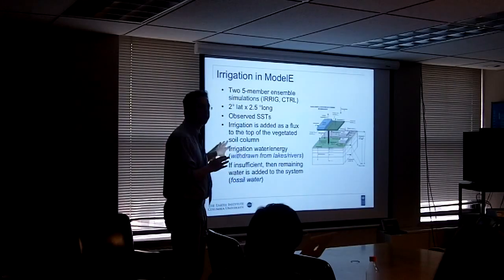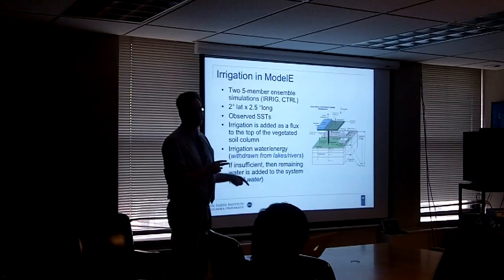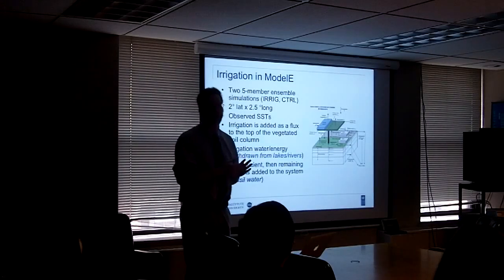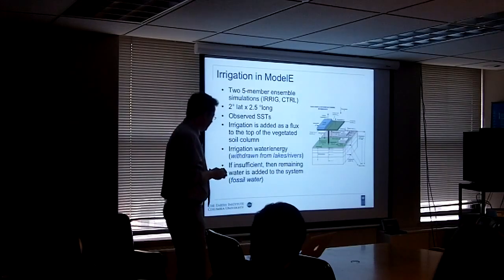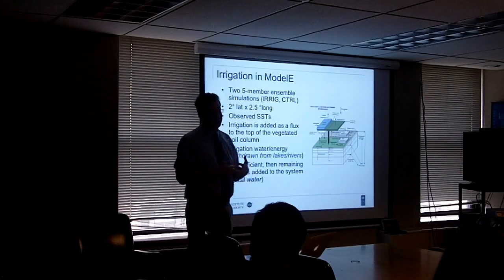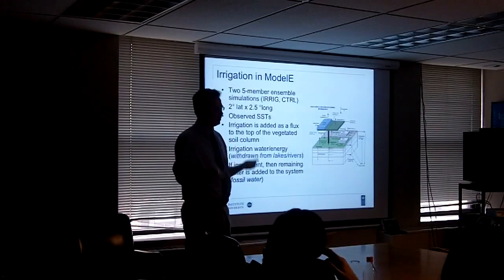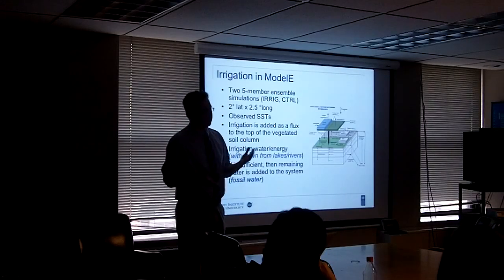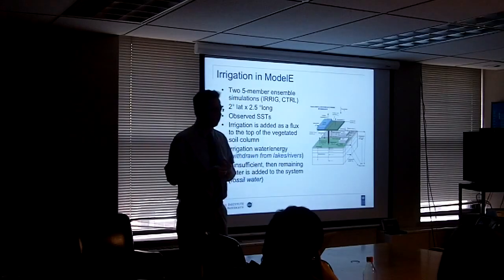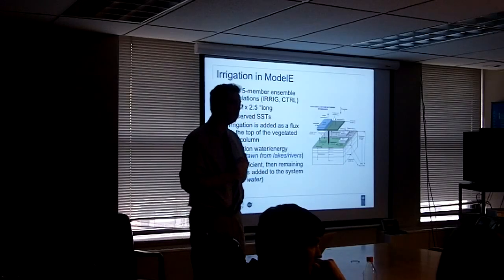And if there's not enough water within those lakes or rivers, then we'll add water to the system, assuming it's some fossil water or water from a groundwater aquifer. And so that's essentially what happened in reality. People, when they pump water from deep aquifers, are adding water to the system because some of these deep groundwater aquifers are essentially hydraulically removed from the climate system over the time scales that we're interested in. So rainfall did not provide irrigation water,